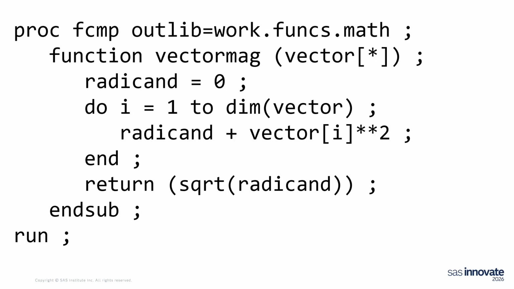So here's the function for vector mag. Pretty simple. You've got a radicand of 0, and we're going to do I equals 1 to the dimension of the vectors. Loop through it, calculate that dimension. This is right out of your algebra book. And then we return the square root of that radicand, and that gives you the magnitude. It's real simple. You can look it up on Wikipedia if you want, and then you just build the step. Does this look like pretty much data step code to you? Guess what? Because this is pretty much data step code, except it's wrapped with PROC FCMP instead of data step.